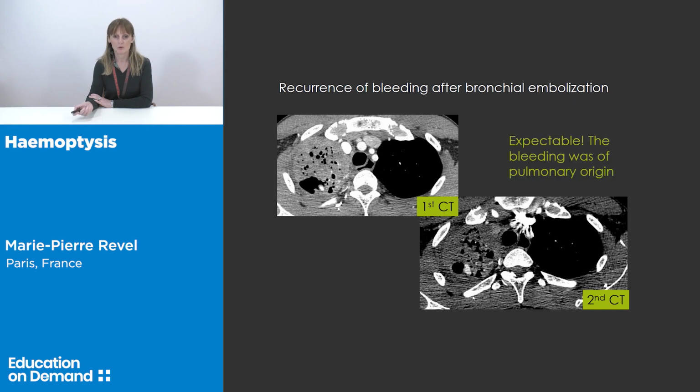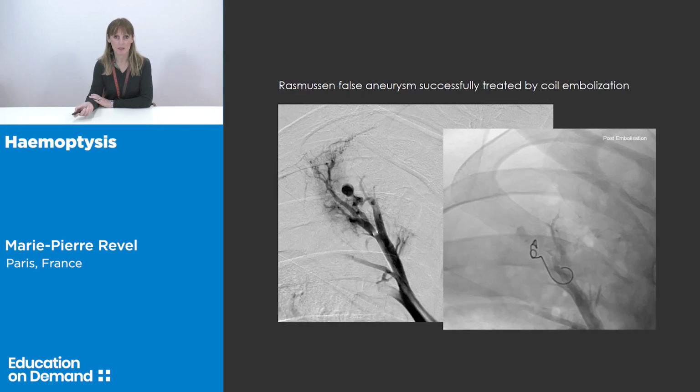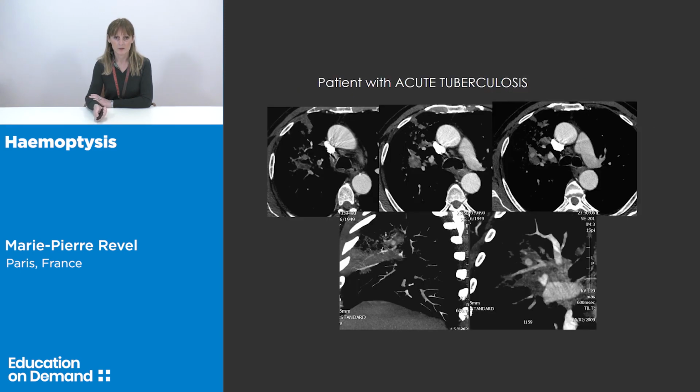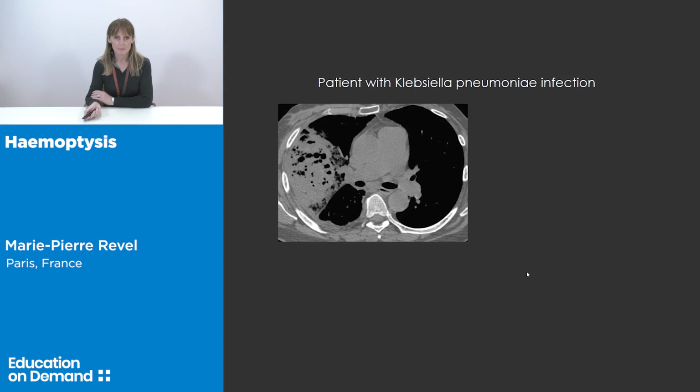And then the patient was referred for the right procedure, which was a selective pulmonary angiography, leading to treatment by coil embolization of this false aneurysm. Another case in a patient with acute TB, MIP reformation is very useful to depict this round image being due to a false aneurysm. In patients with necrotizing infection, like in this case, Klebsiella pneumonia infection, when you can see